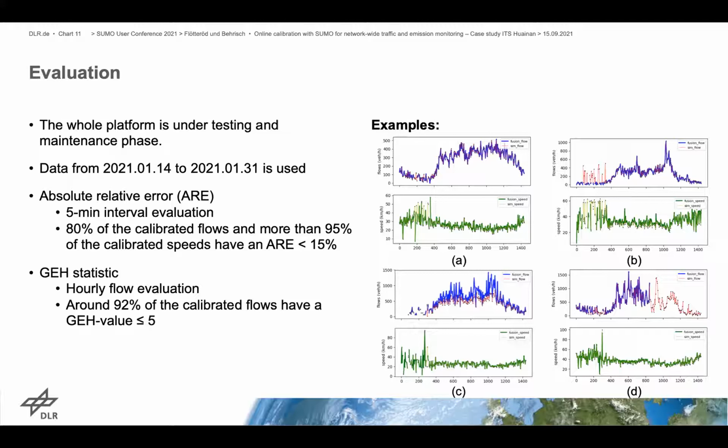It may be due to congestion arising in the simulation, so the calibrator cannot insert more vehicles into the network. But sometimes we also notice that it may occur due to other reasons, such as speeds being set too low due to the lower accuracy of detected speeds or the lower quality thresholds. And in figure D, only partial flows were calibrated due to the absent measurements in the afternoon and at night. So with the FCD supplement, the speeds in the afternoon and at night can still be properly calibrated.